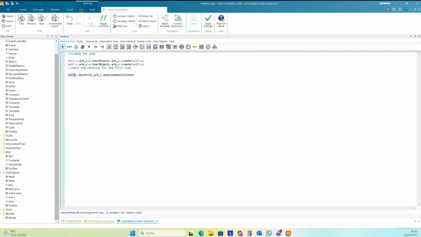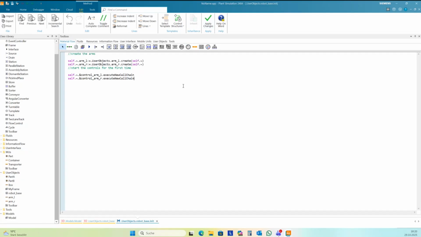And the same for the right arm control. Okay, then we can have a look if our robot is created in the right way.